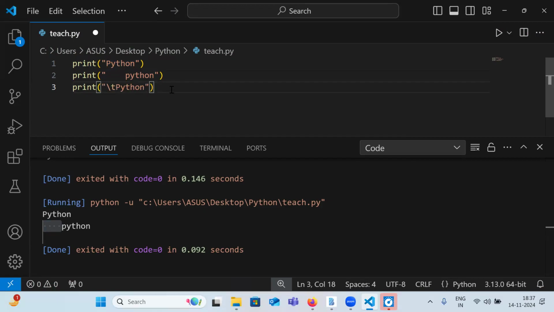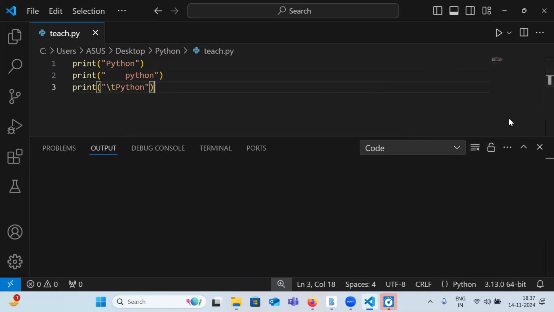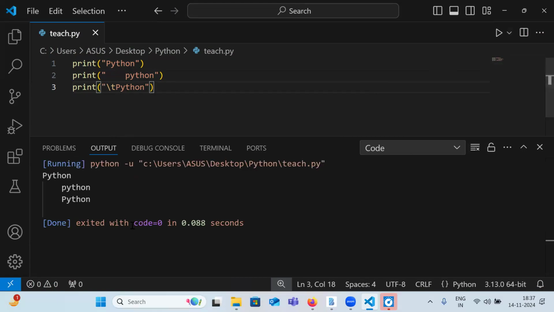And if I am just saving this file, and if I just hit run, see here, now the output is the first Python, this is this, and the second one is having 4 characters of space, that is this, and here also we are having 4 characters of space, which is the third output. But here we haven't given any space manually, rather we have just passed /t, which is nothing but